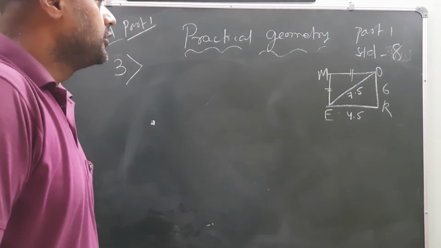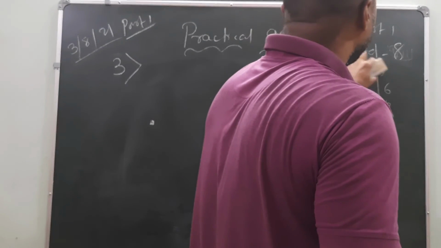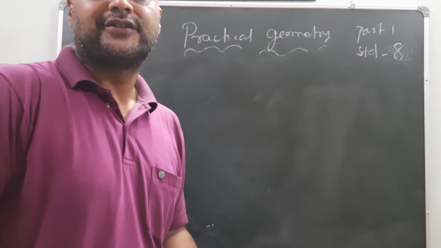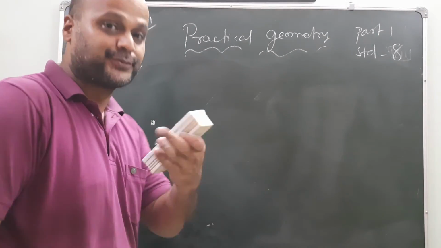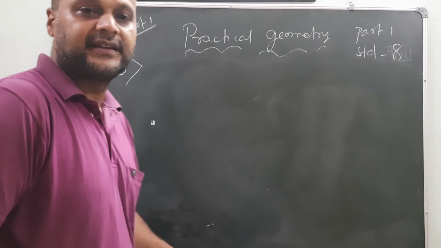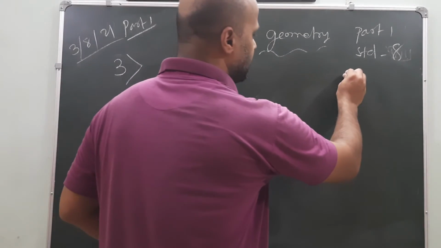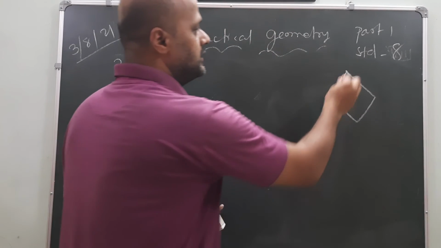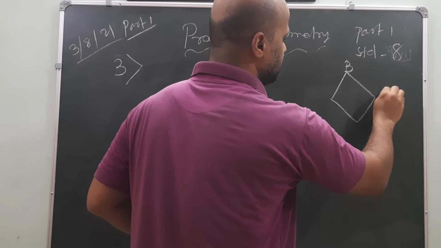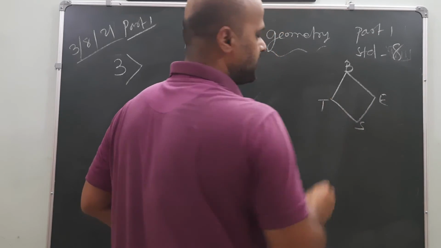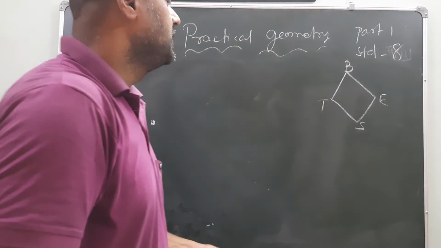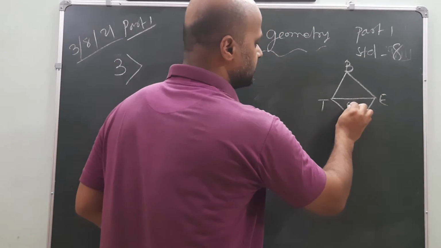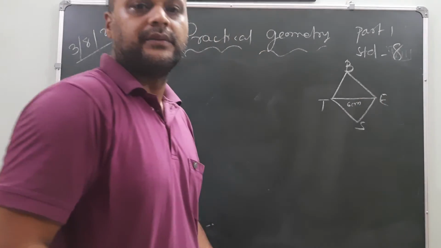Now the fourth one. The fourth one is a tricky one. You have to understand the principle of the various shapes of quadrilaterals, so that it will be easy for you to identify. Now he is saying BEST is a rhombus. What is the name of the rhombus? B-E-S-T, BEST. Here it says ET is how much? 6 centimeter. And BE how much?